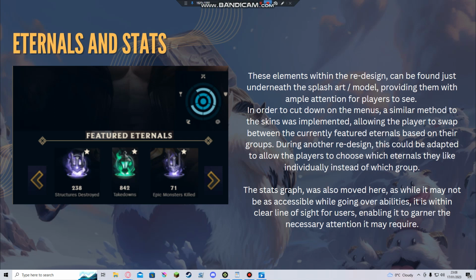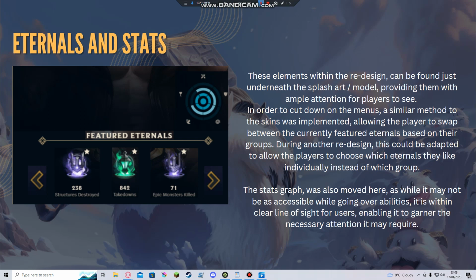And with this we also included the stats graph just above, as this area is the main focus for most people, as the visuals are very appealing and very eye-catching, so this is where most players tend to look. And while we wanted the graph to stay close to the abilities originally, as they really helped provide more details into how the character actually plays, adding it here shows another area where it can aid those newer players into